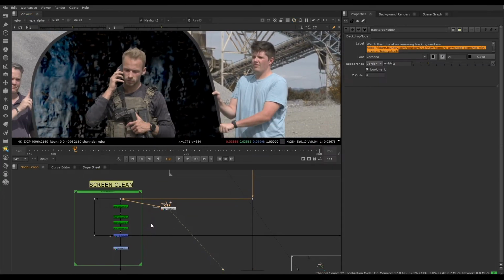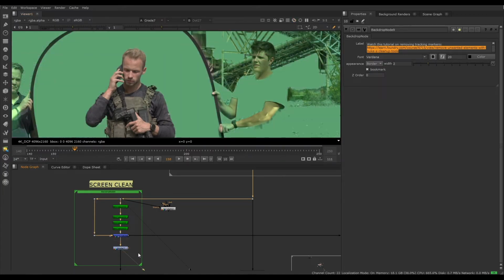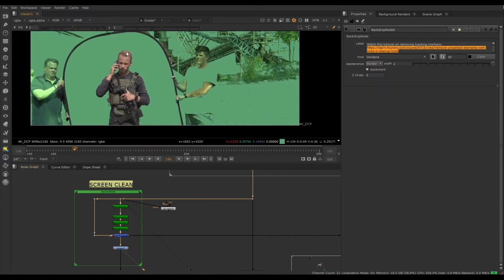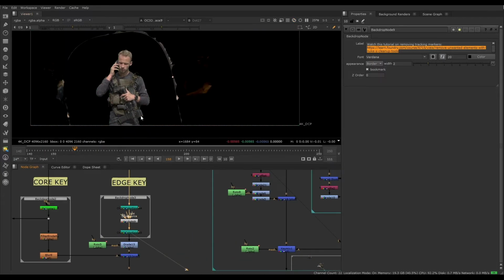Most of the time when you work in a studio, you will get good green screen shots, but every now and then you'll at some point get a bad green screen, and you need to know what to do in this situation. So if you have a look at our setup, this is our green screen before our screen clean. And this is what it looks like afterwards. As you can see, this has helped tremendously, and now if you key it, it'll be practically perfect.